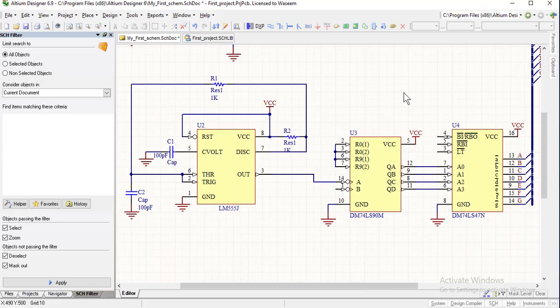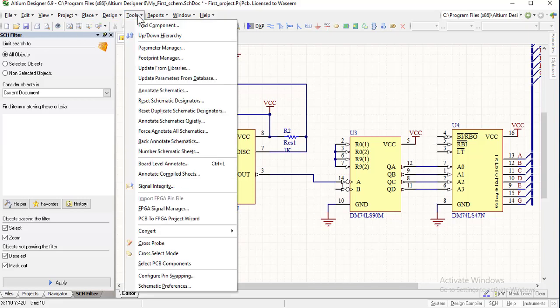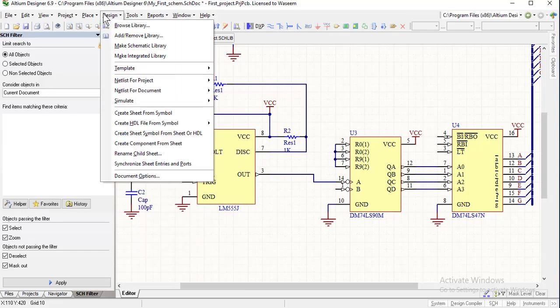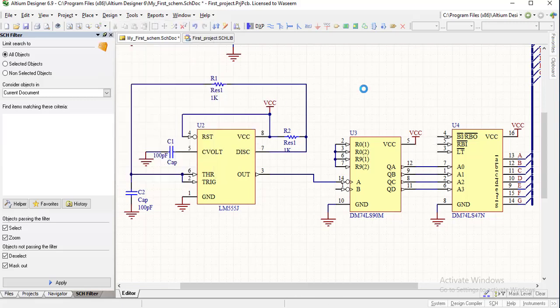Now another important feature of Altium Designer that I want you to learn is the creation of a netlist. We can create a netlist for the project. So for example, we create a prototype netlist for the project.